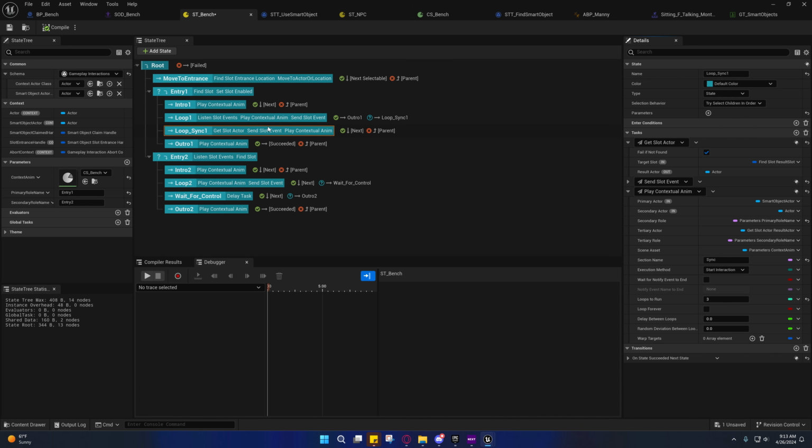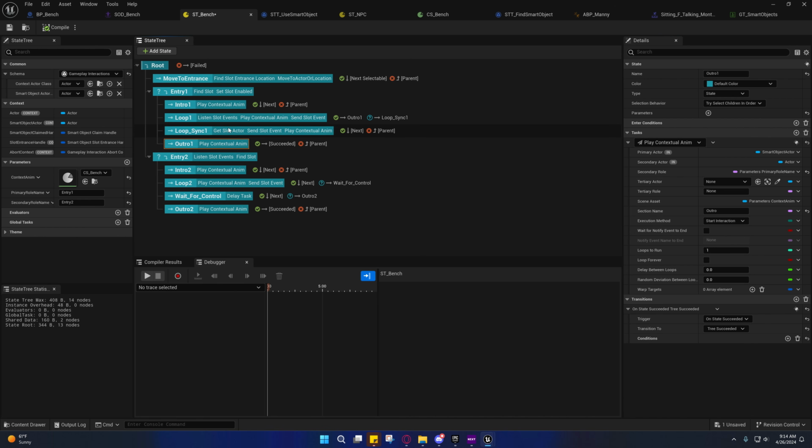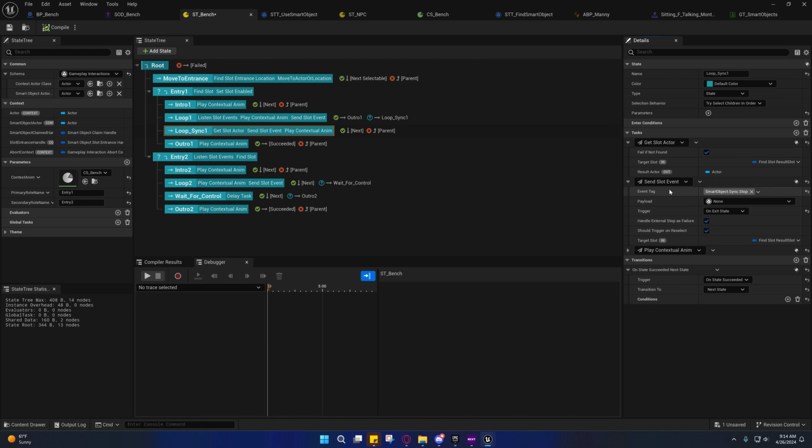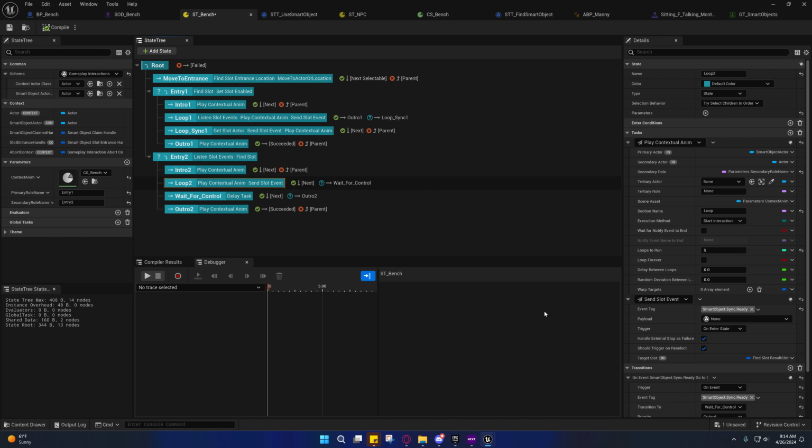Let's see. I'm not sure if I missed anything. So on this one, we don't need an event. If it's successful, we just want to go to the next state. When it goes to the next state, this send slot event should send this slot upon exiting this state. So yeah, I think we're good. Let's try and see. Well, we need to set up the animations right. Okay, so